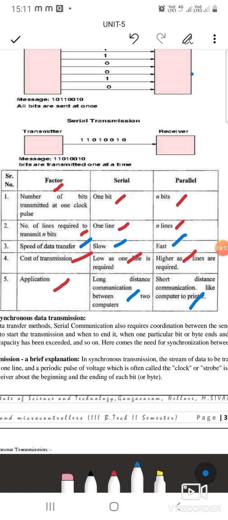As I told you, if you have a short distance of communication, like you can transmit the data from a computer to the printer, or a computer to the projector, where you have nearby, short distance communications, you can prefer parallel communications. So that is the basic type of communications we generally use, serial and parallel communication. And there are different areas where serial and parallel communications are preferably used.